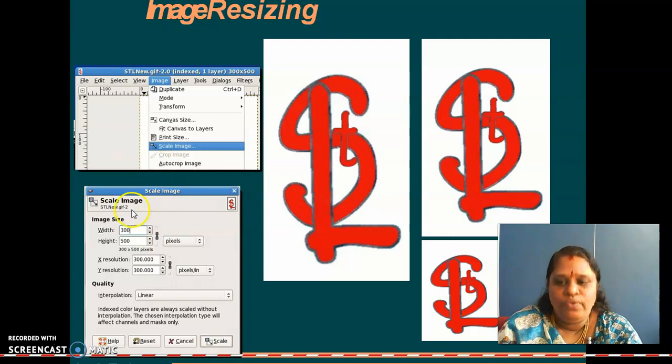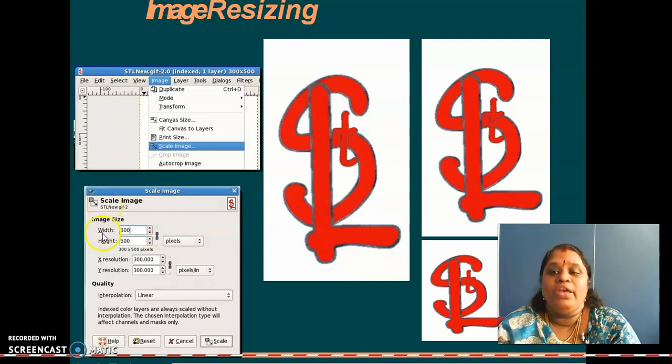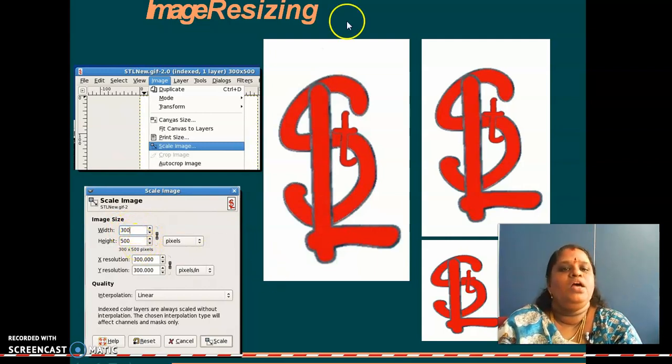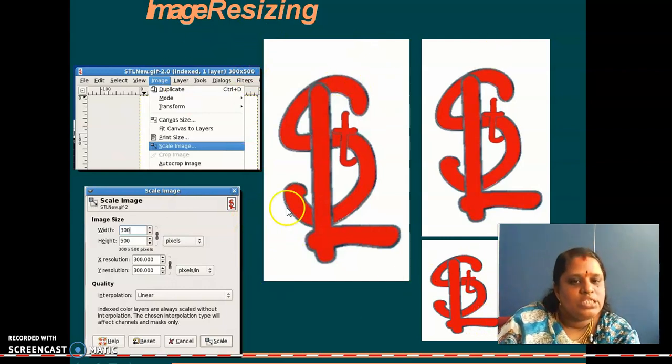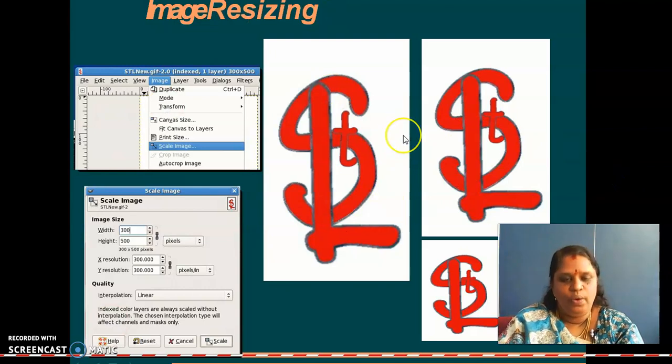By using Scale Image, by using the height and width, you can reduce the size of the image. You adjust the height and width of the image so that the size of the picture will be reduced. So this is one thing you can do in XIM.